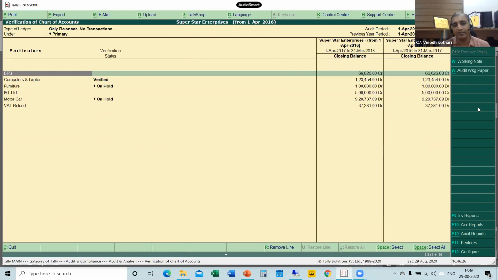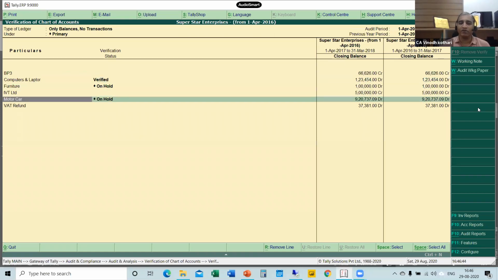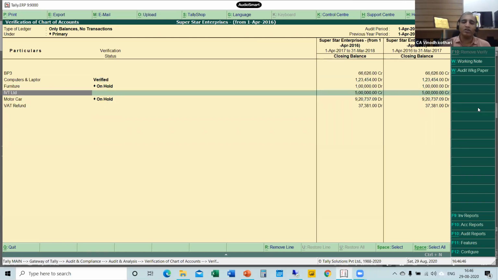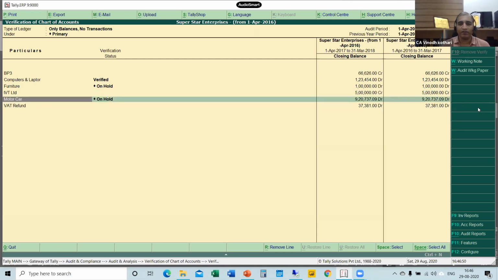We find that many times clients have so much data and so many creditors where the previous year opening balance is there. This year no transaction is done and the opening balance is carried forward for so many years. So one place to find out all these ledgers is this place. Based on this, you can raise the query, prepare the working sheet, raise the query on the ledger or the voucher and find the answer.